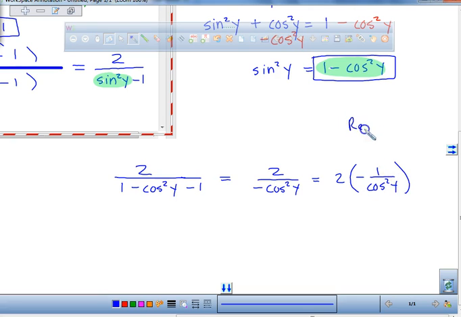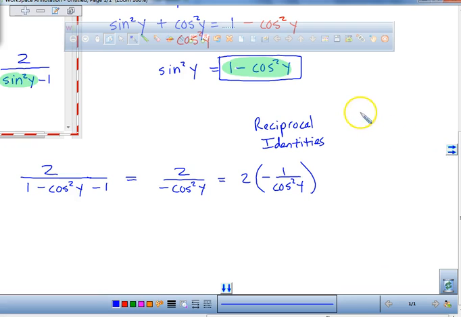I need you guys right now to look where your reciprocal identities are in your journal. Look for your reciprocal identities. This is one of the things you need to look at. You need to know that every time you see the secant of theta or the secant of y or the secant of x, that's always equal to 1 over the cosine of x or y, whatever theta is. So if the secant of y equals 1 over the cosine of y, what is 1 over the cosine squared of y? Right. So this is going to be a negative secant squared of y,